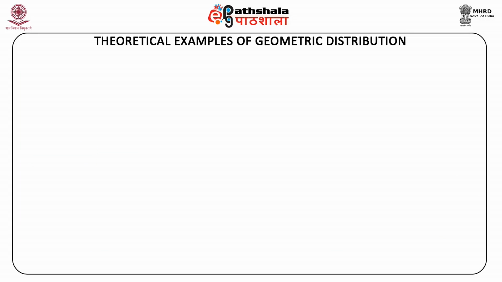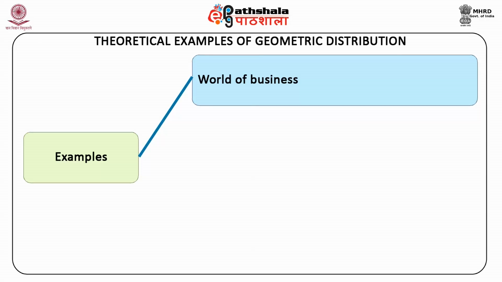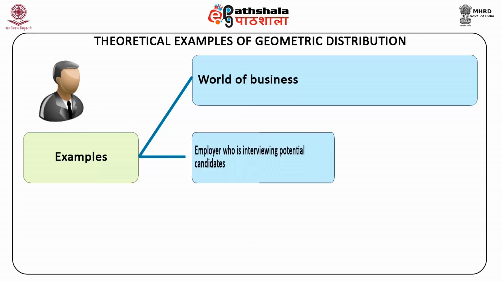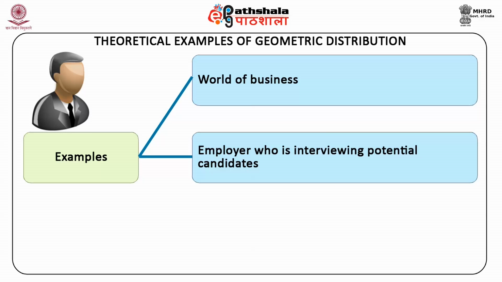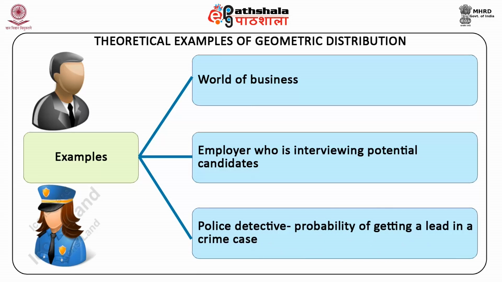Next, we shall look at various theoretical examples of geometric distribution. One example is in the world of business. A business owner may want to know the length of time a customer will wait for some type of service. An employer who is interviewing potential candidates for a vacant position wants to know how many interviews he or she has to conduct until the perfect candidate for the job is found. A police detective might want to know the probability of getting a lead in a crime case after 12 people